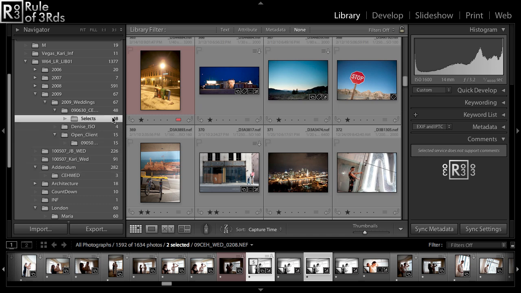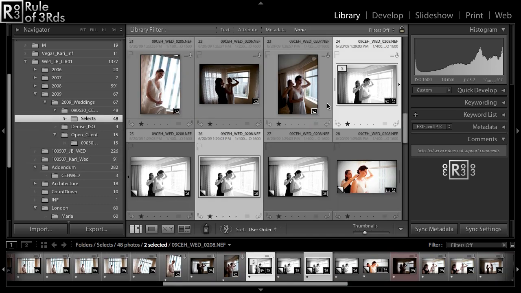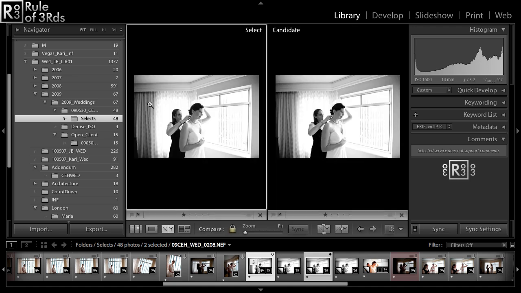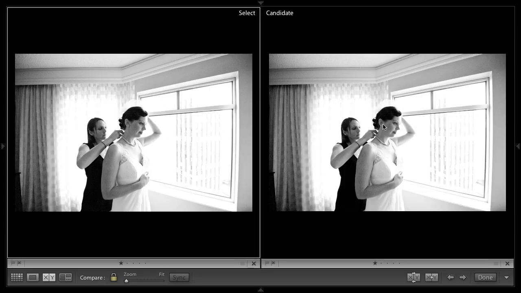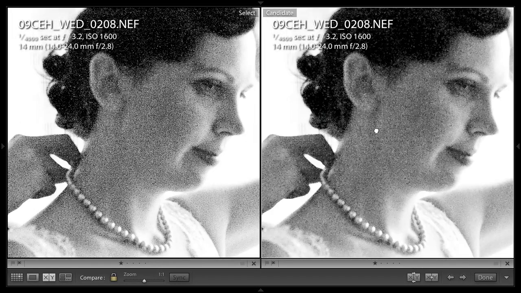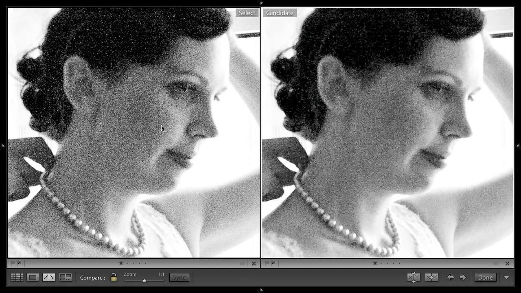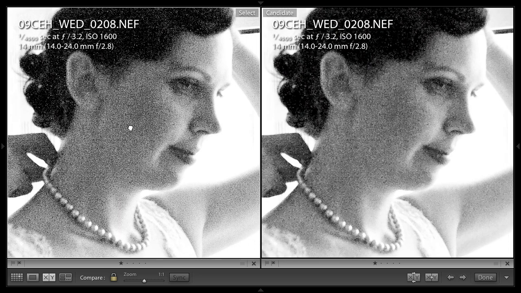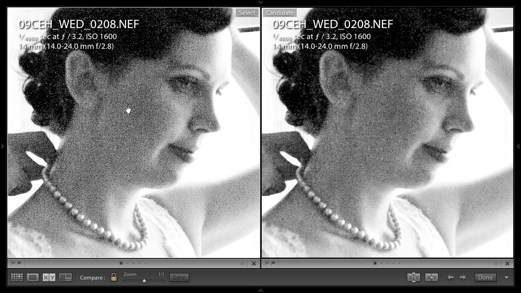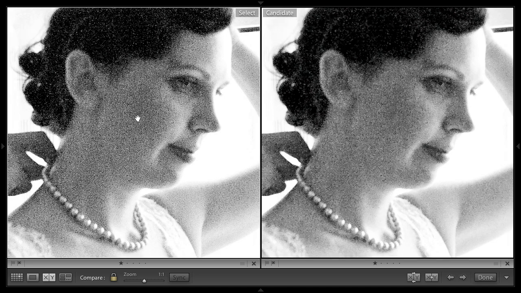Now, what I'm going to show you right now is an image, and I'm going to pull it up side by side here to give you an idea. Okay, I'm going to hide everything and we're going to zoom in on it side by side here. Now we take a look here. The image on the left hand side of my screen right now, the image where the mouse is pointing to, is the image that is processed with the process version 2010